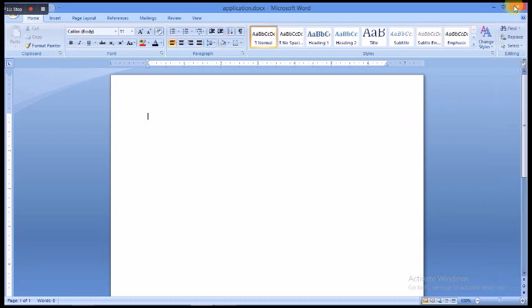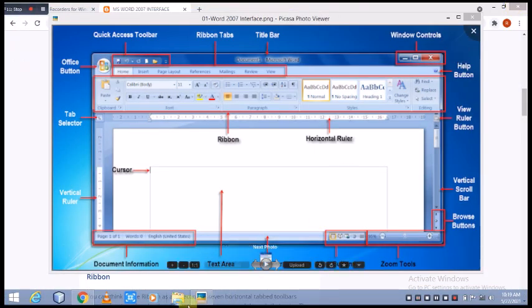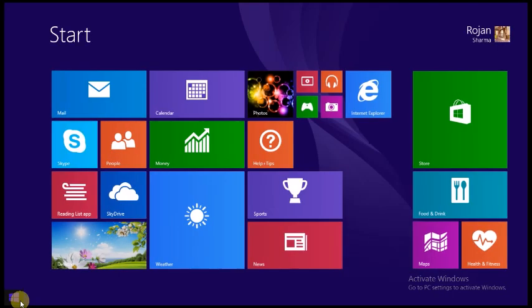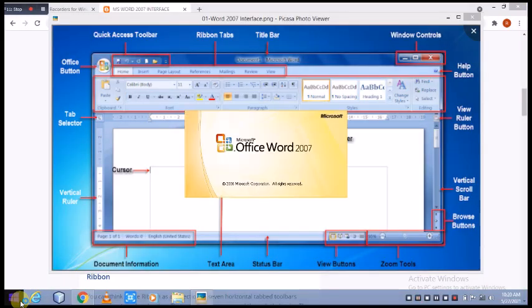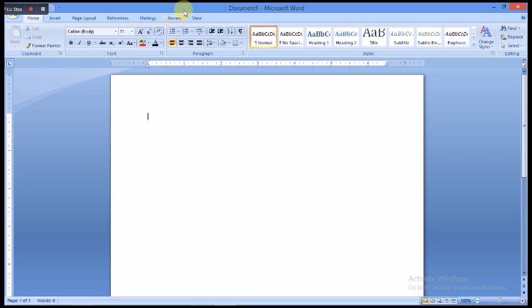Again, let's start a new document. By default in the title bar it will be Document 1, and we can save it by clicking on this save button.